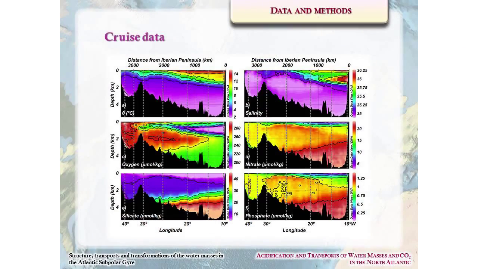So these are the main water mass distributions for the first decade of the 2000s, resulting from our OMP analysis. The upper waters are represented by the central waters, the subpolar mode water of the Iceland Basin, and the subpolar mode water of the Irminger Basin. The central waters occupy the upper eastern part of the section from the Iberian Peninsula until the Reykjanes Ridge. The subpolar mode water of the Iceland Basin presents its main core over the Reykjanes Ridge, and this water mass